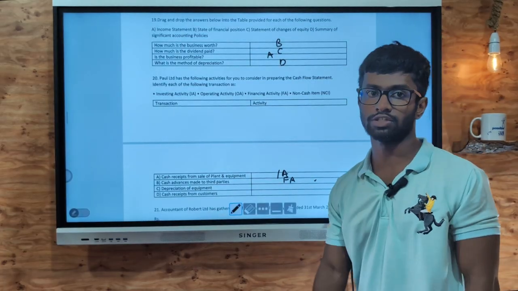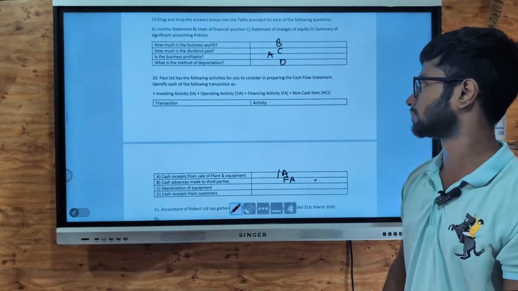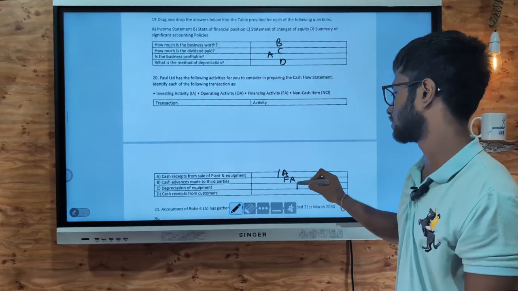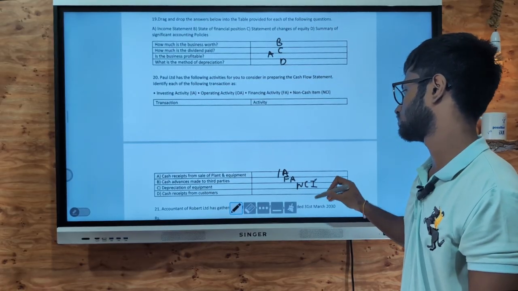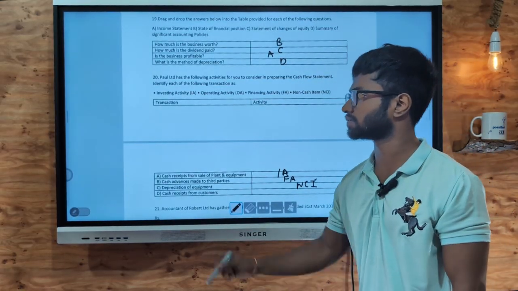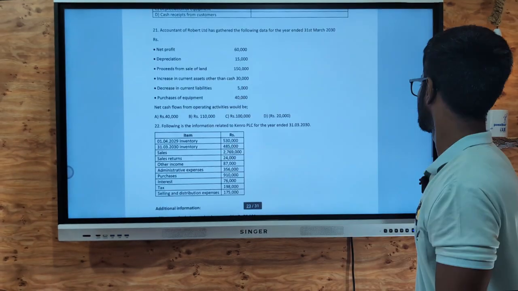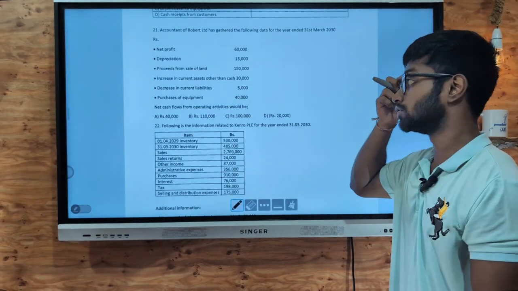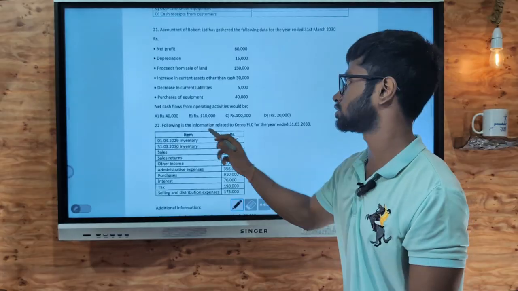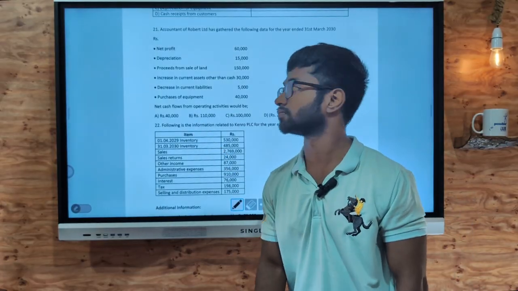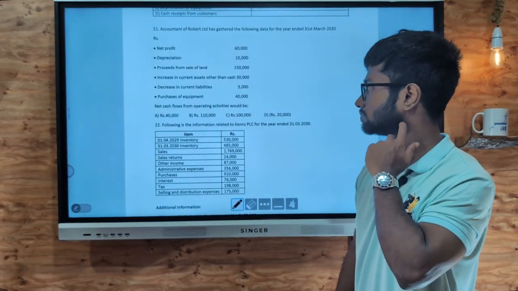Next you have depreciation. So depreciation is a non-cash item. NCI, non-cash item. Cash received from customers that you get from daily operations, operating. So under this we have to get net cash flow from operating activities. Now here